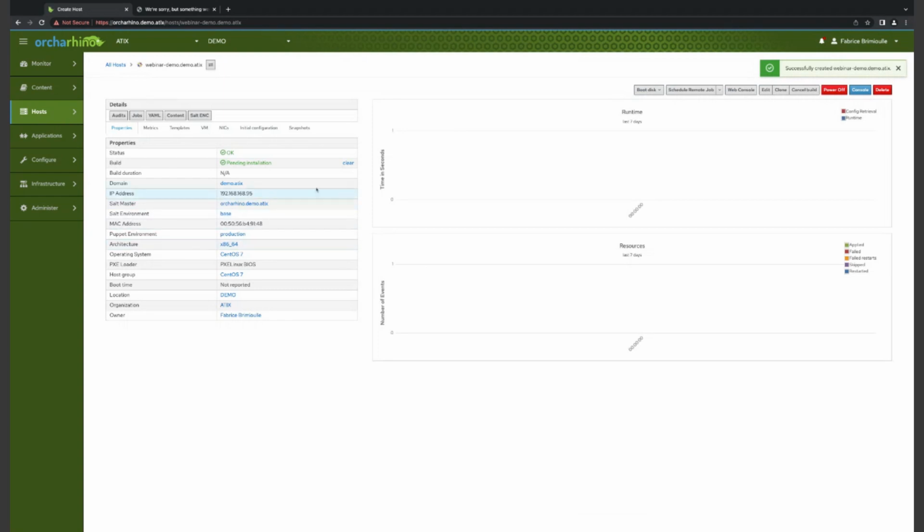So let's have a first short look here on the host page. You can see here the status, which is okay, the build status still pending, and then we receive basic facts like domain, IP address, Puppet master, MAC address, Puppet environment, and so on. While the host is deploying, let's address the most important features which have changed from Orcharhino 5.12 to